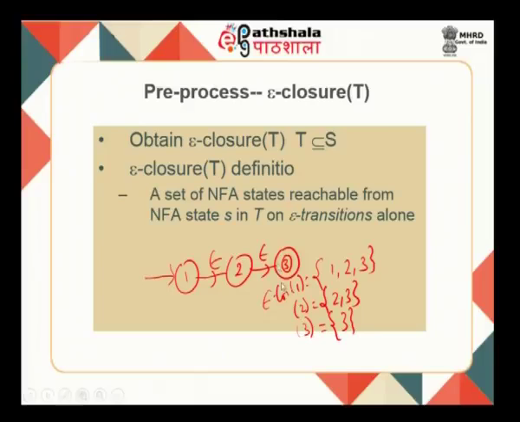If you could understand what example I gave you here, epsilon closure of 3 is just 3 alone, but epsilon closure of 2 is 2 union epsilon closure of 3. Okay. Because I could go to 3 from 2. And what is epsilon closure of 1? Epsilon closure of 1 union epsilon closure of 2. Epsilon closure of 2 has got 2 comma 3. So, it is going to be 1 comma 2 comma 3. These you will basically push onto the stack and then pop that to get your epsilon closure defined.